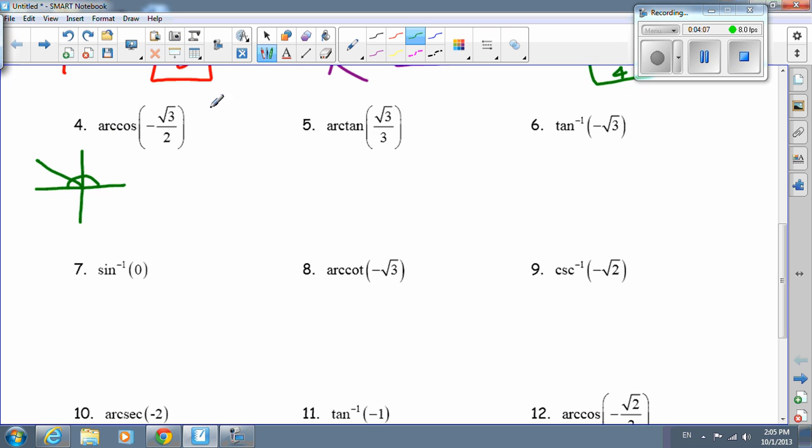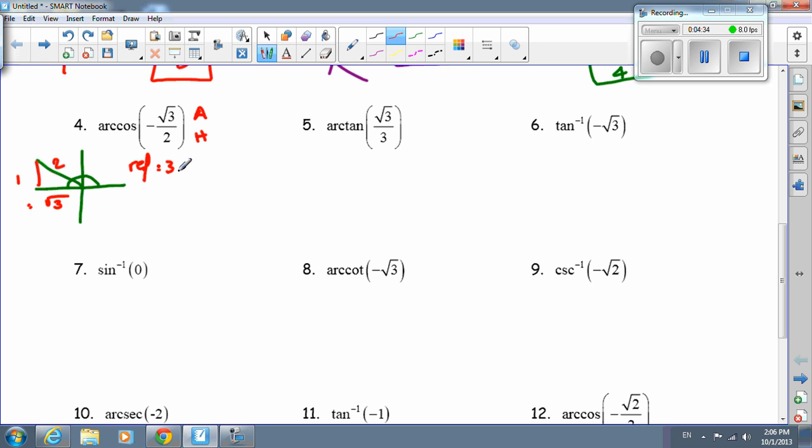The reference angle in this specific problem, knowing that this is the adjacent and this is the hypotenuse, where the adjacent is square root of 3. Therefore, the angle itself is the reference angle. Let's start with the reference angle. Adjacent is negative square root of 3. That makes the opposite 1, and this is 2. Therefore, the angle or the reference angle